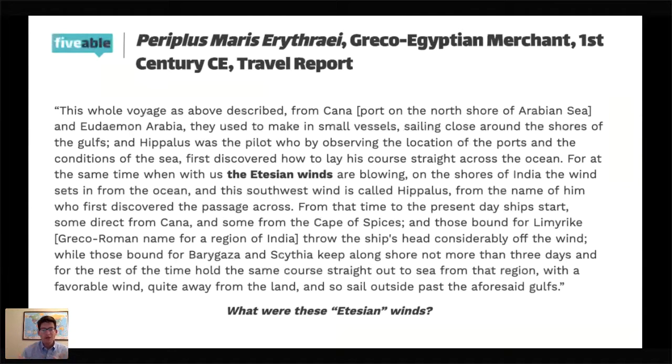One, these winds that he talks about. This merchant is discussing how people used to sail along the coasts very slowly, staying close to the land to get from place to place. But now they have learned to lay course straight across the ocean, going over the deep waters, in this case of the Indian Ocean. And what we're seeing there is a unique set of wind patterns that are enabling people to travel back and forth safely across the Indian Ocean, which we call today the monsoon winds, monsoon wind currents.